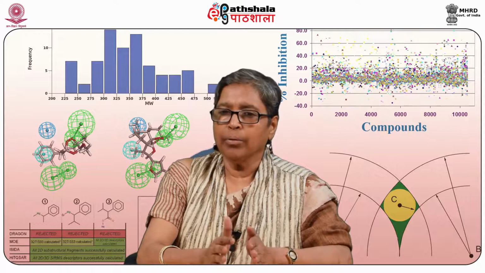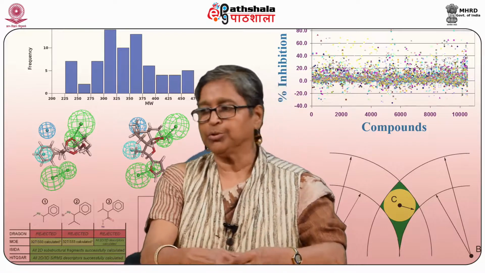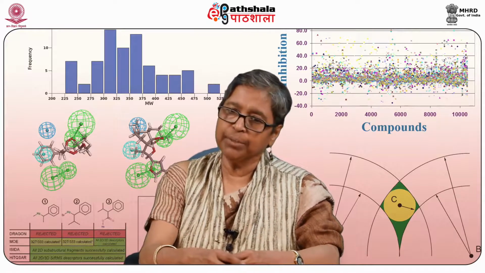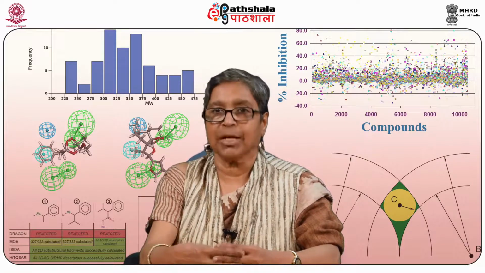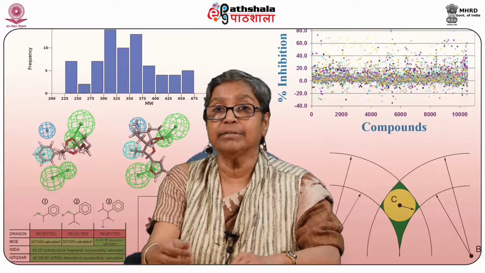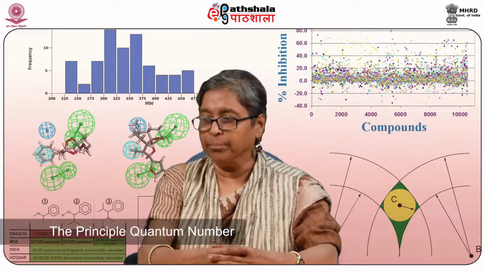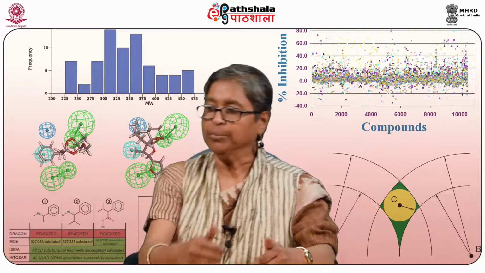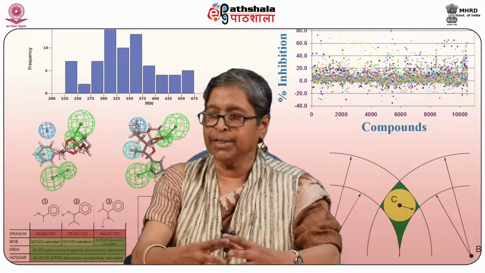Descriptors can also be chosen from quantum numbers. There are 4 different quantum numbers which have been utilized quite a lot for making chemical structures and predicting chemically relevant reactions. One of them is the principal quantum number, which describes the electrons' energy and distance from the nucleus, which is relevant for most of the cases, reactions, etc.